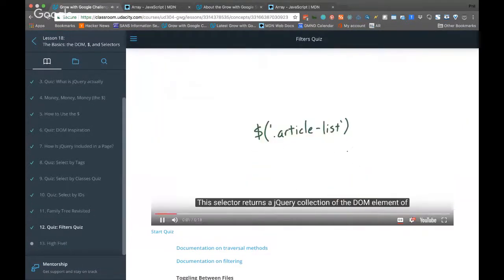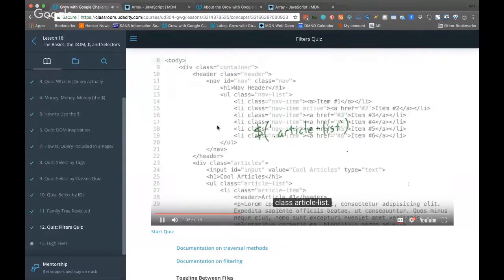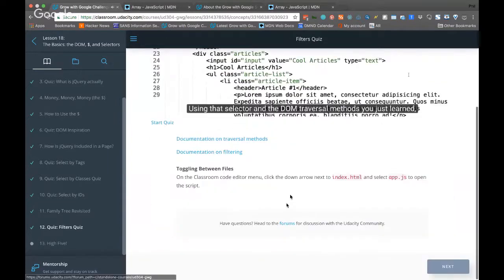This selector returns a jQuery collection of the DOM element of class article list. Using that selector and the DOM traversal methods you just learned,